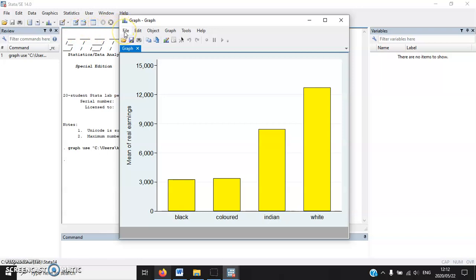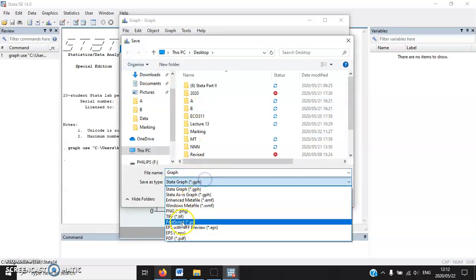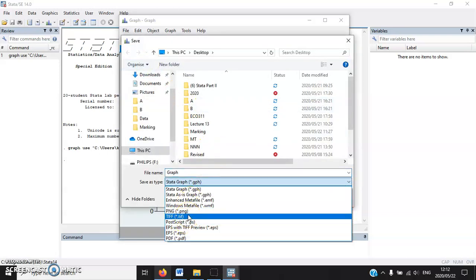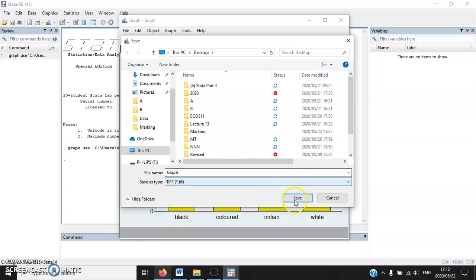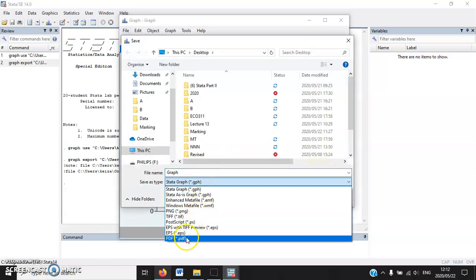And then if you want to save it as a picture, then from the Stata graph you go to File, Save As. You can save it as a picture. I would normally prefer the TIFF option. And then you can even save it as a PDF actually, which is quite interesting. PDF,